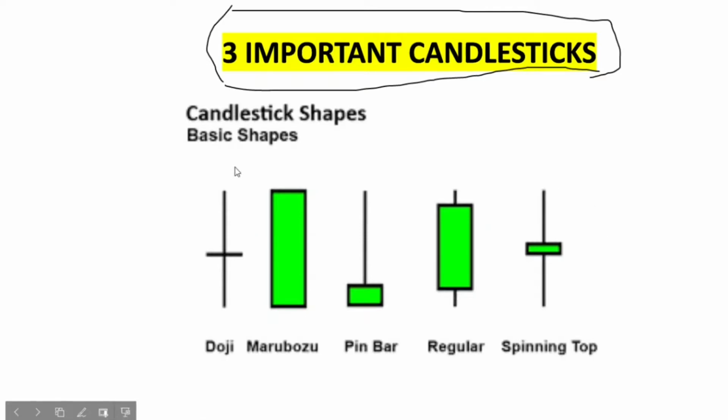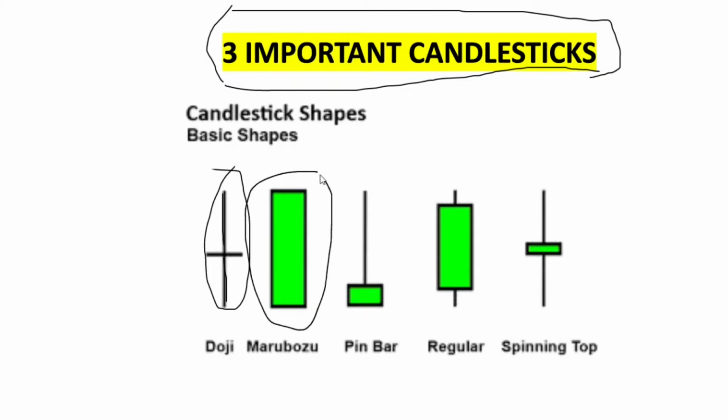The first candle is doji. Doji means price reversal. As you know, both the sides are strong. This is a very, very important candle, and whenever it forms in a chart, there might be a strong price reversal in the stock or the index. The second candle is Marubozu. Marubozu is a strong candle, as you all know. The third one is pin bar. So these 3 are very important candles in the chart, and you can trade in a very good way by using them. Let us see with examples how we can trade these 3 candles.